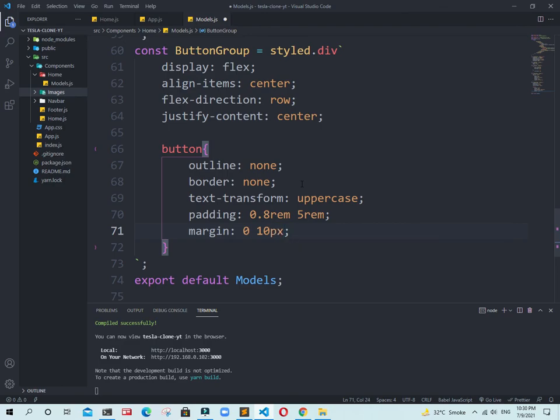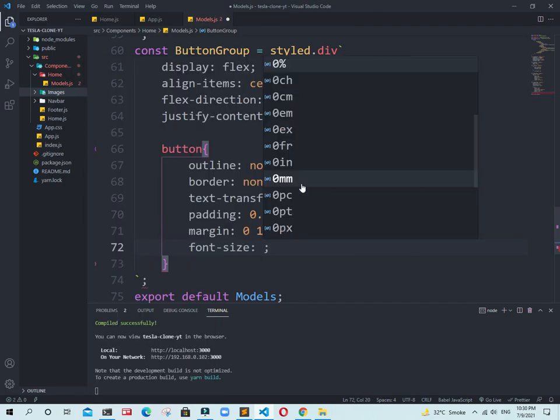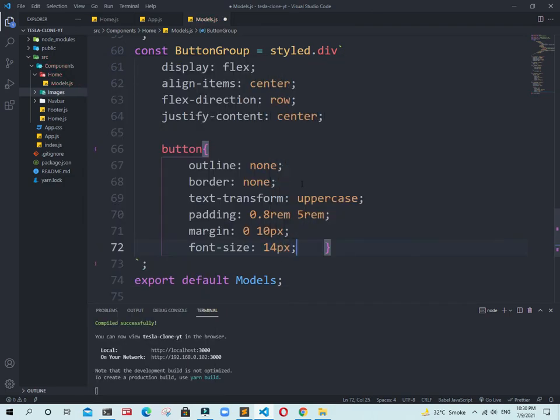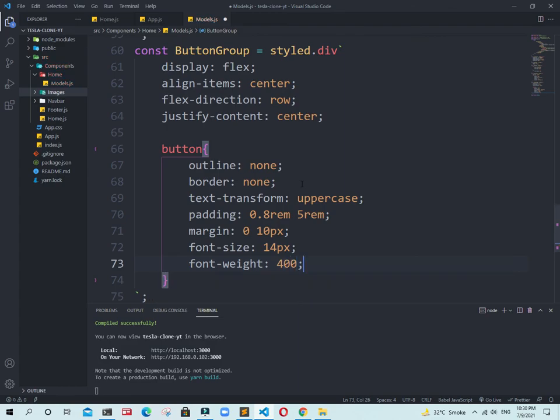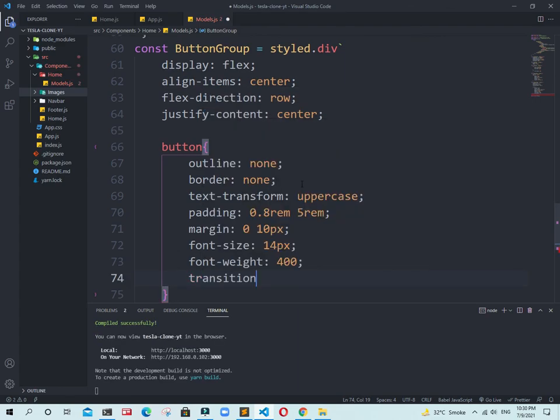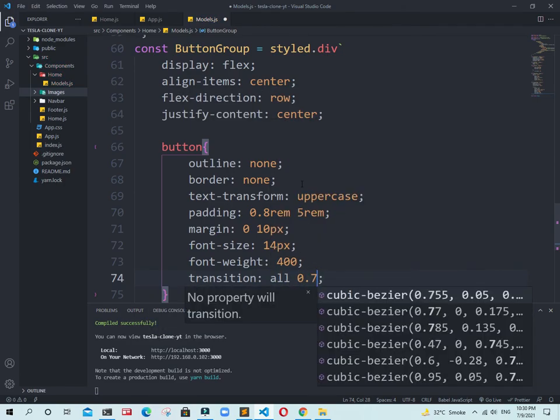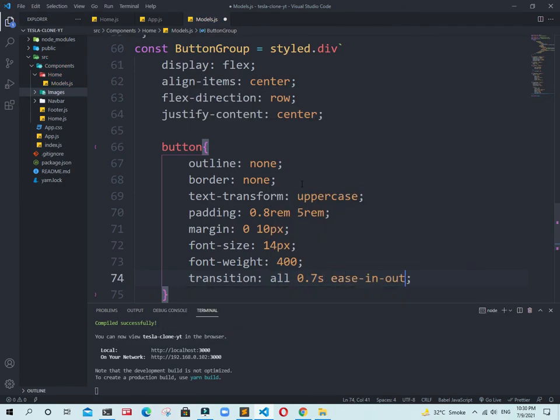Just after that we need to add font size and font weight. Font size will be 14 pixel, and font weight will be 400. Now just add a transition there. Transition all 0.7s ease-in-out.